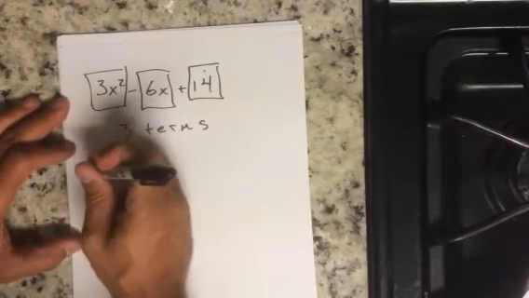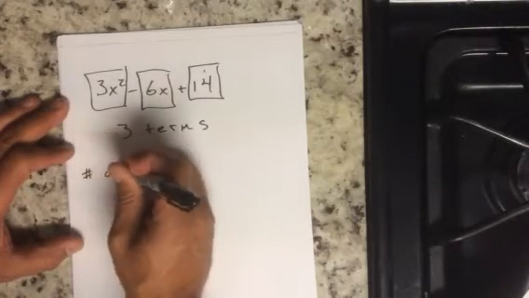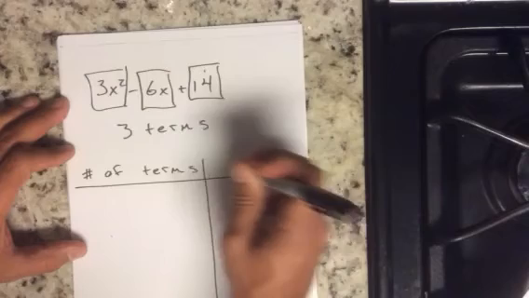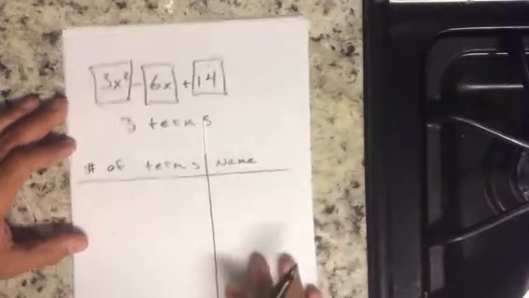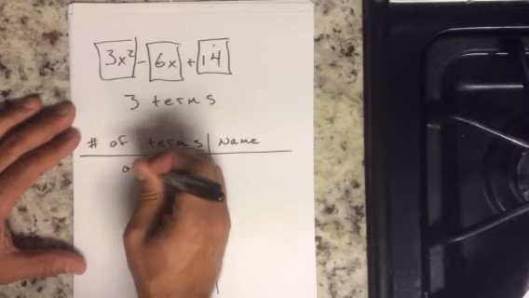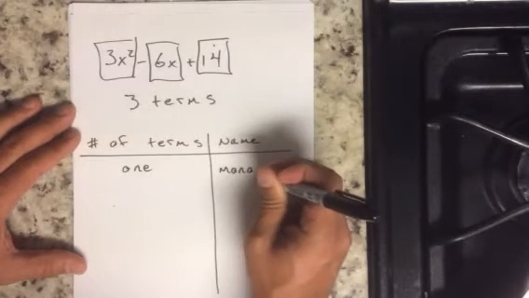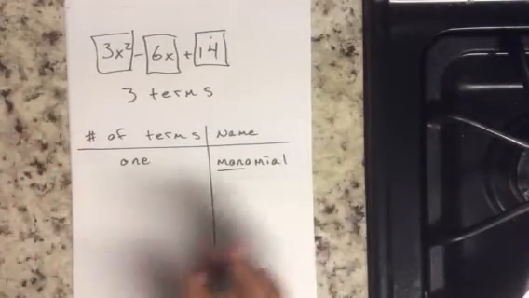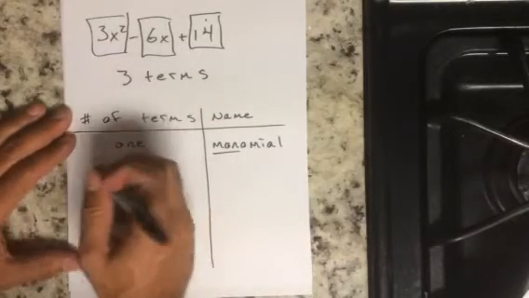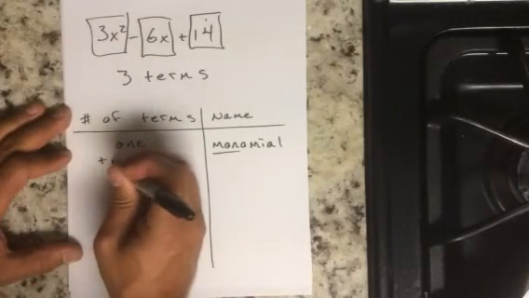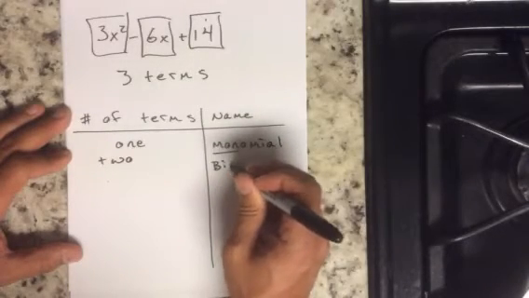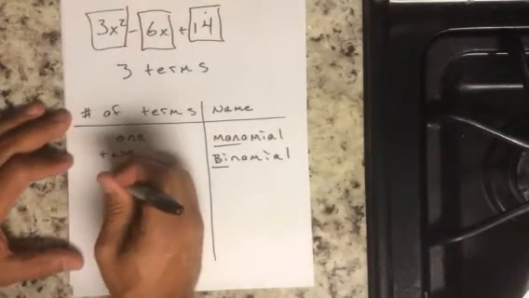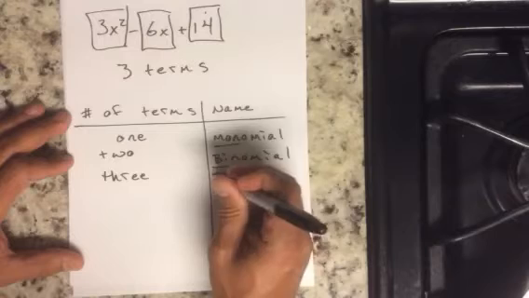So I'm going to make a table that says number of terms, and then name. So if there's one term, we call that a monomial, because mono means one. So that means monomial means one term. If I have two terms, call that a binomial, because bi means two. If I have three terms, call that a trinomial,